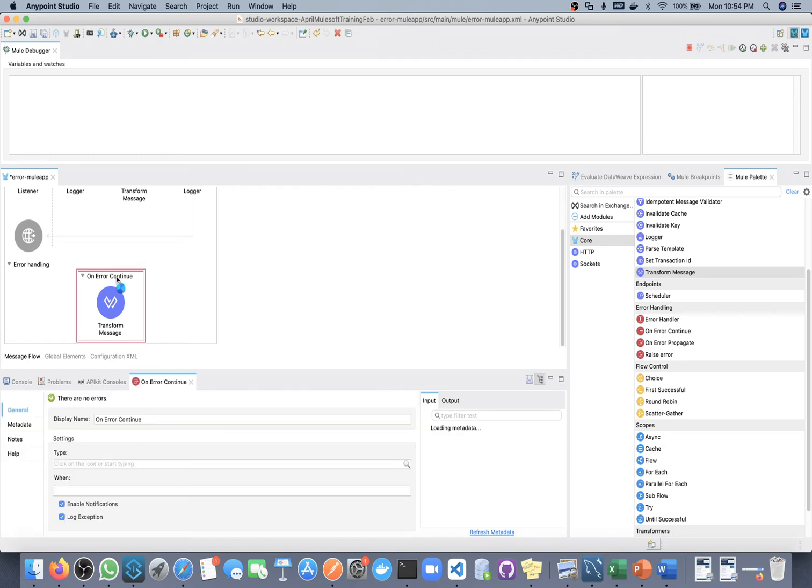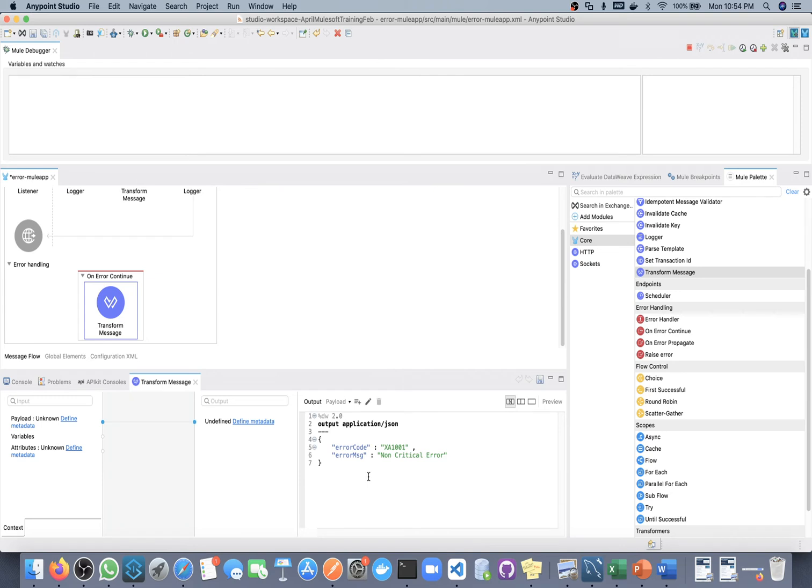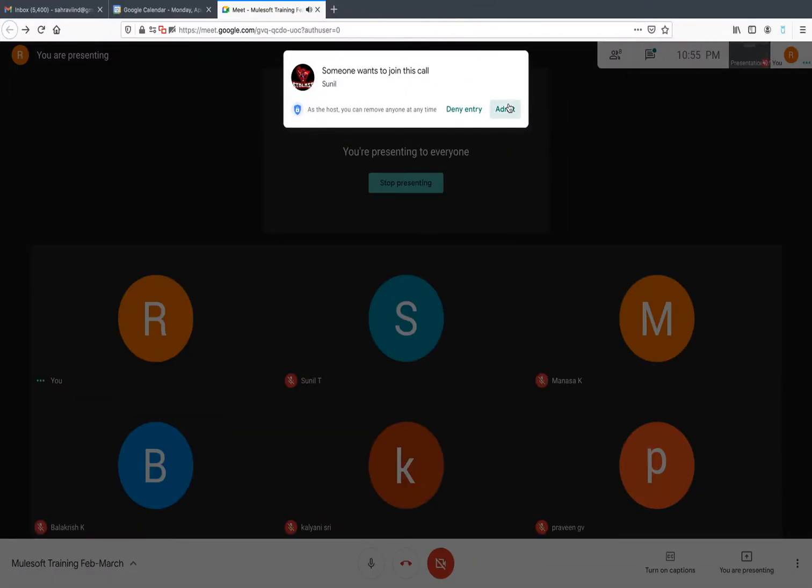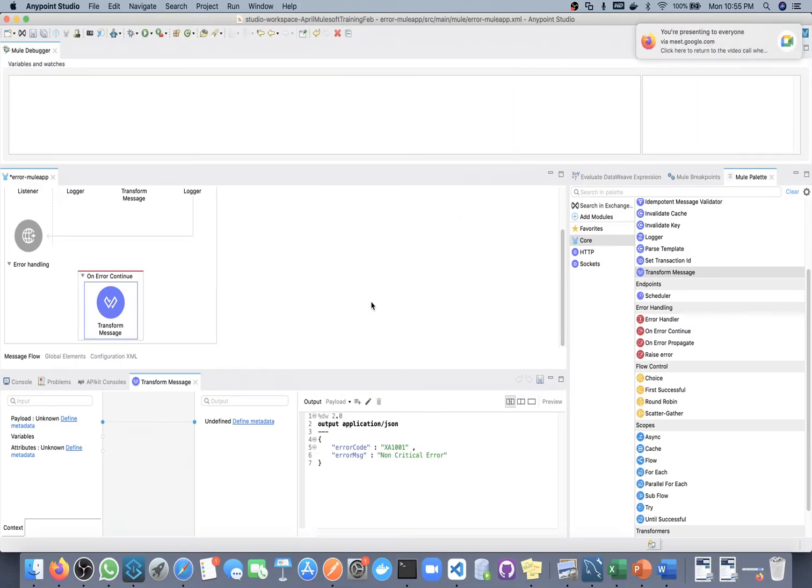So let me define the status code. What we are doing here is defining this payload, and our error code is this, and the error message is this.